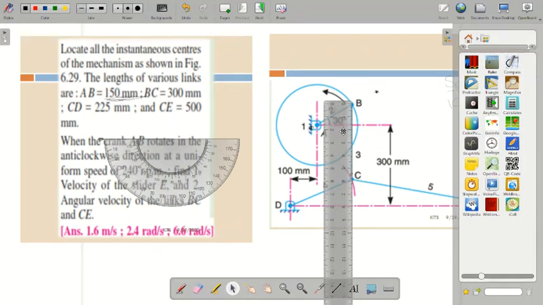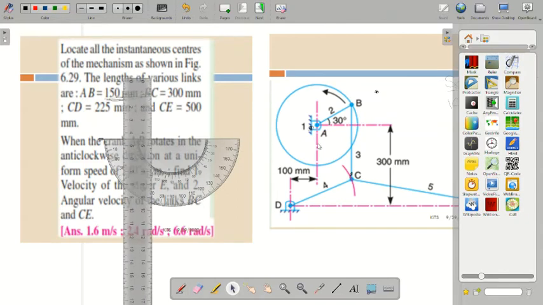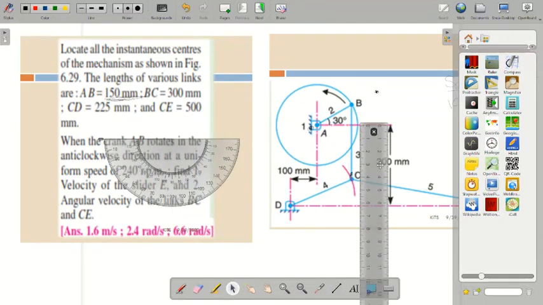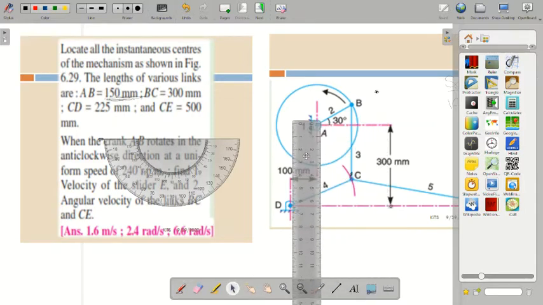After drawing this, you have to draw this horizontal pink color line. This is a reference line. How to draw the reference line? This reference line should be 300 mm, which means 6 centimeter. You mark a point. You have to mark one more point so that you can draw a parallel line. 6 centimeter, mark one more point.